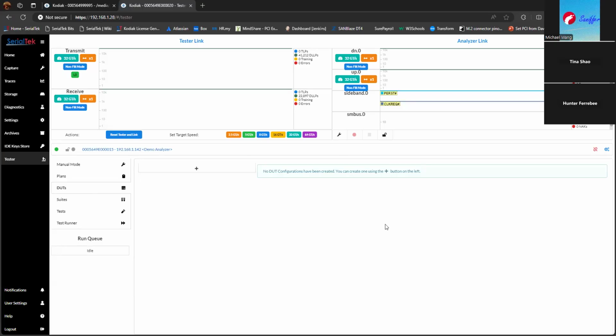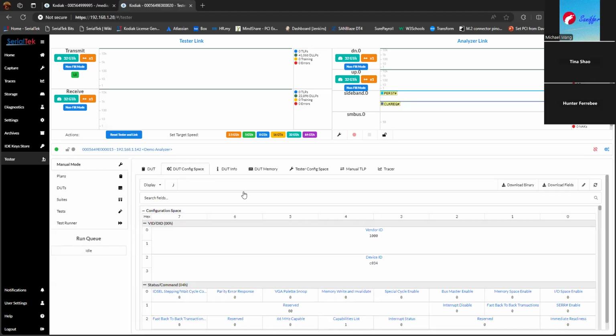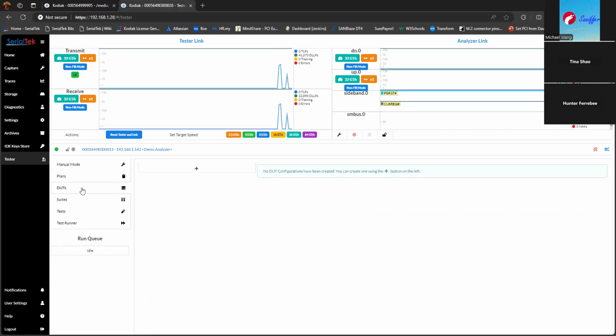This menu is getting reworked. The DUTs, what their plan is, from what I've understood, and I like the way they're going with it, is any DUT that we test that we get permission, we are allowed to, or any DUTs that we purchase off the shelf, we can take a snapshot of those in manual mode or through our plans with the config space and DUT information and add that to the DUTs here to be used later on when we're using our